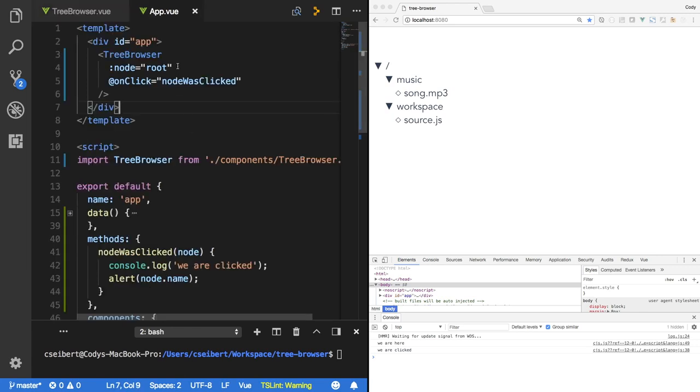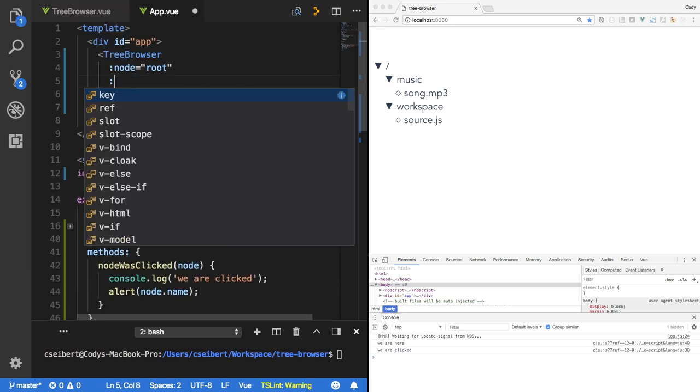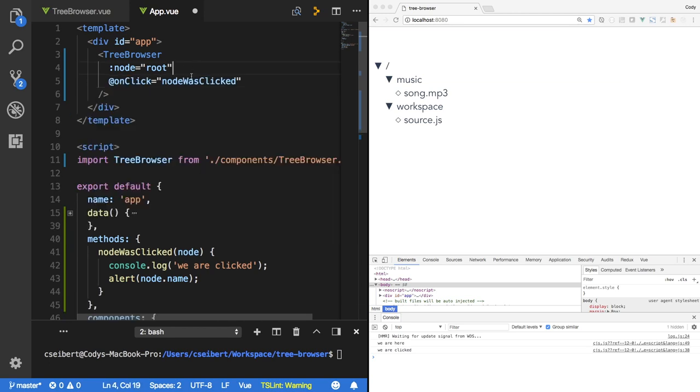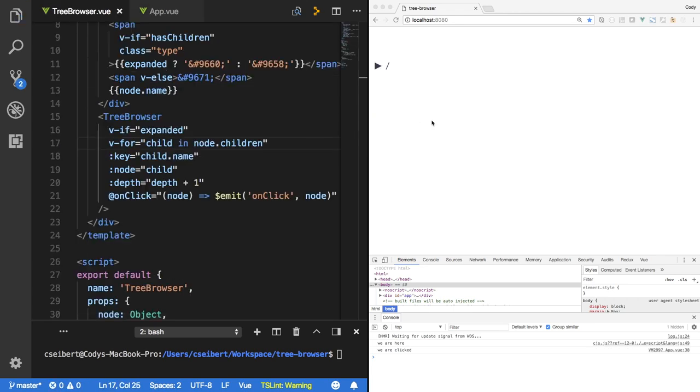Or, I mean, a different way is you could probably just pass in a callback function here and call it when we click on a node. But I think this way is a little bit cleaner to actually emit an event and then do something when it happens. All right, so now that we've made this progress, let's just go ahead and add